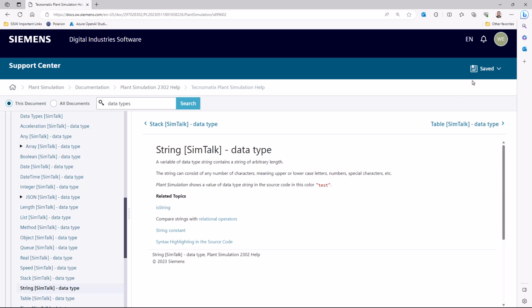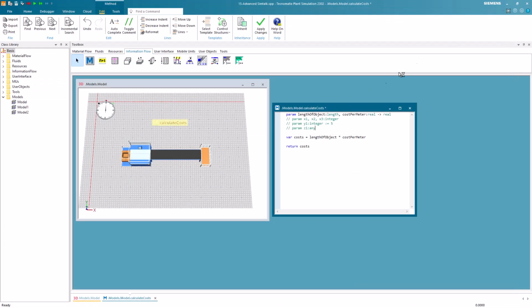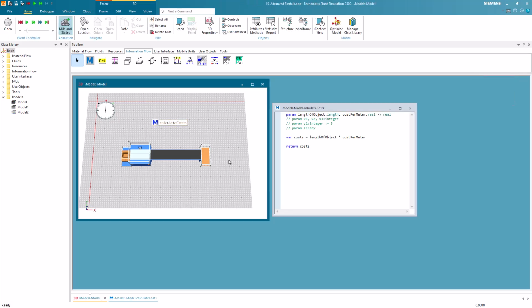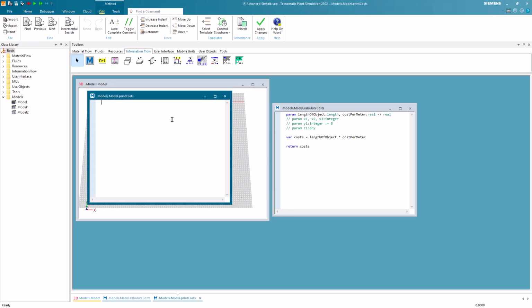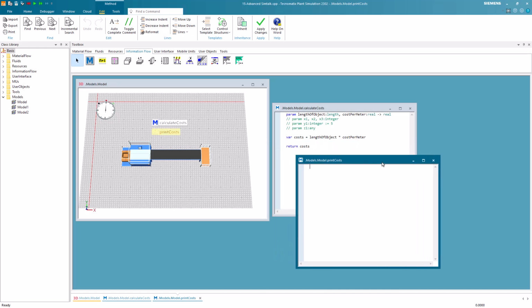Now we switch back to Plant Simulation and can save our changes. To use the method, we create a second method called printCosts and open it. In this method, we create a variable called length of conveyor.